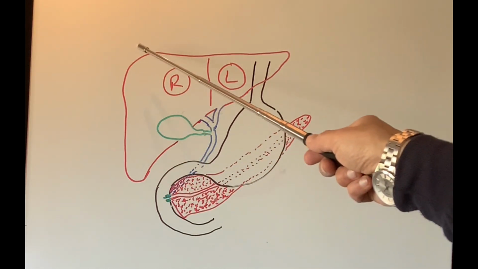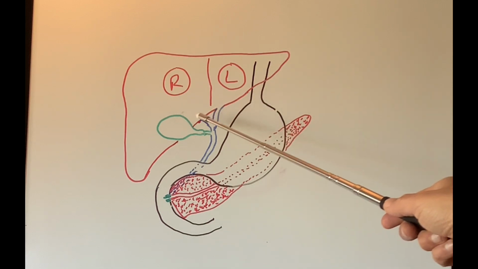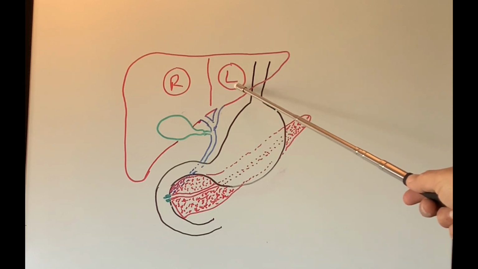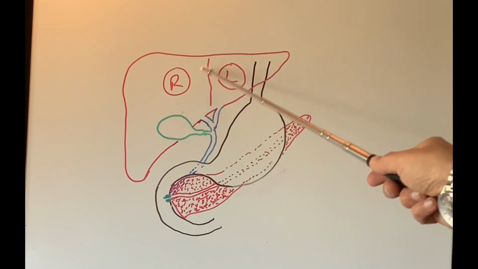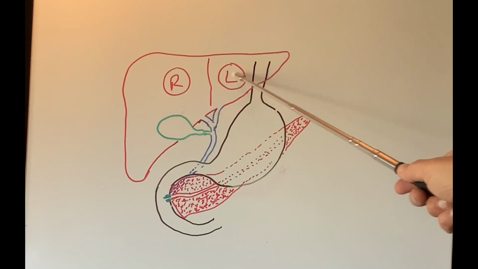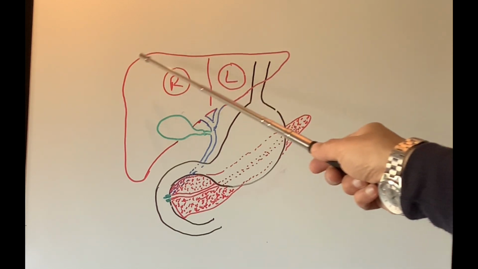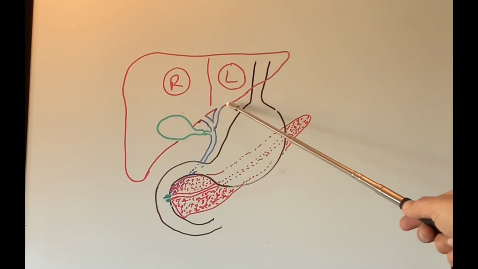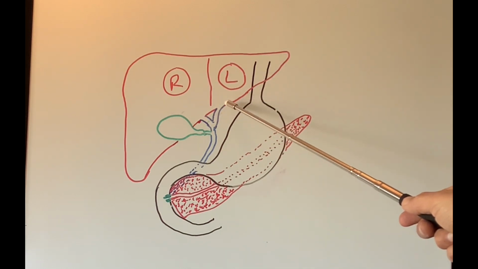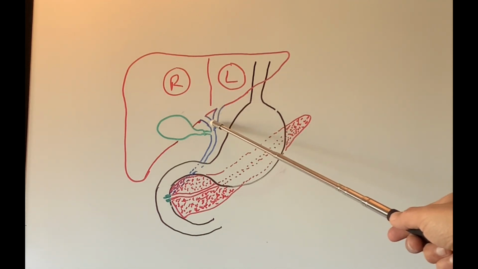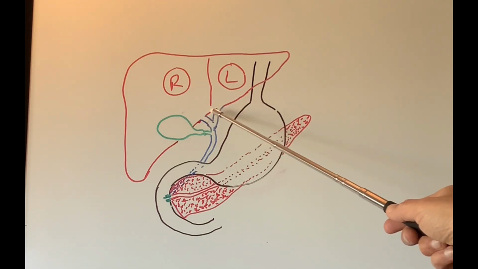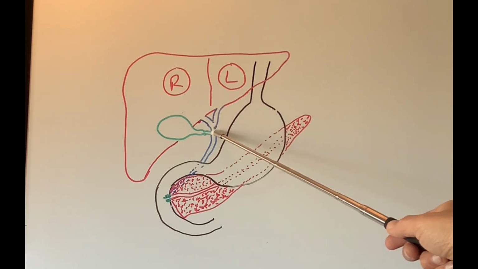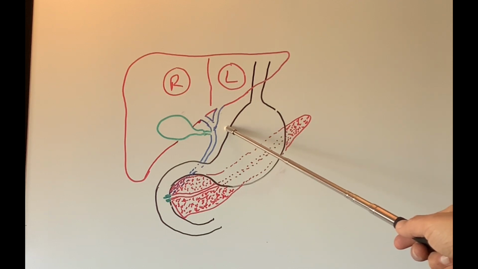This big red structure is the liver, which is the biggest organ in our body after the skin. It has two lobes, left lobe and right lobe. And I've drawn a line in between. This is the left lobe, this is the right lobe. The left lobe is much smaller than the right lobe, which we'll discuss in our future videos about the liver. Two tubes come out of the liver. One comes from the left lobe, one comes from the right lobe. They are called the hepatic ducts. They join together to make a single duct, the common hepatic duct.